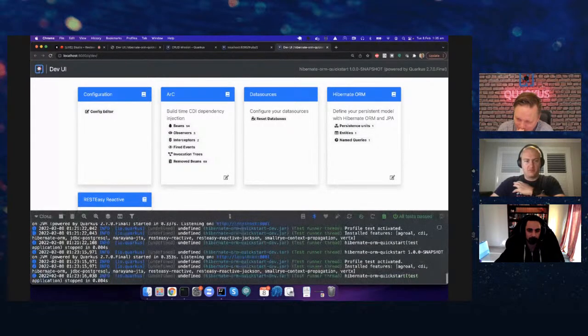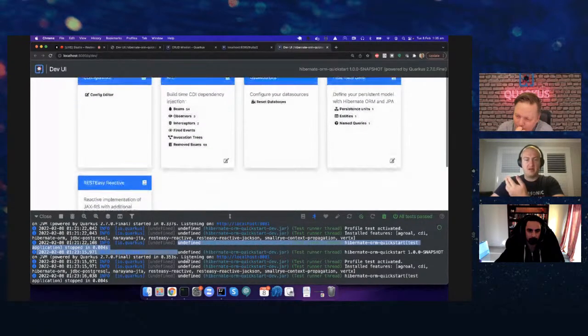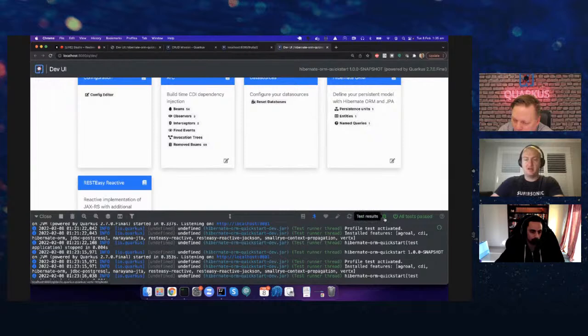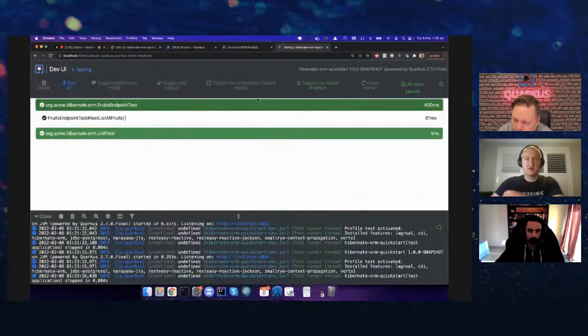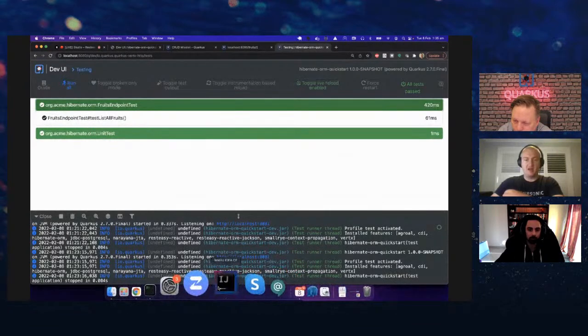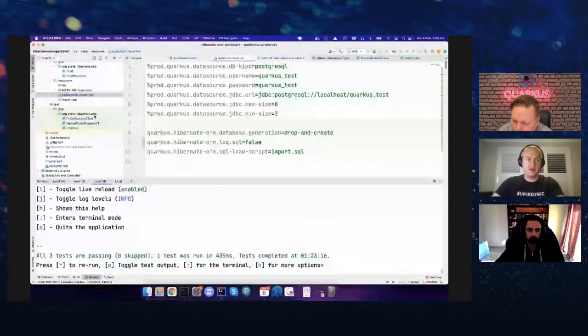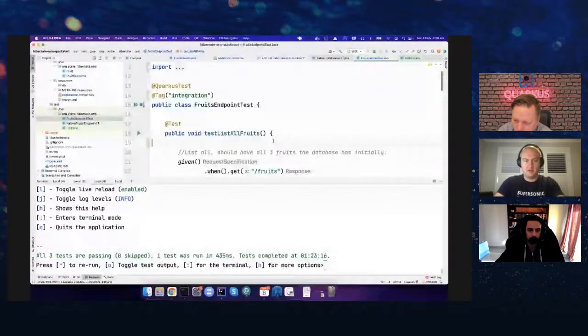So dev UI now has the logs down here. So if you're in the browser, you can actually see the logs same as you could in the console. You can also look at the test results and get more detailed test results from continuous testing. So there's not much to see here because everything passed. But if we change it to fail,